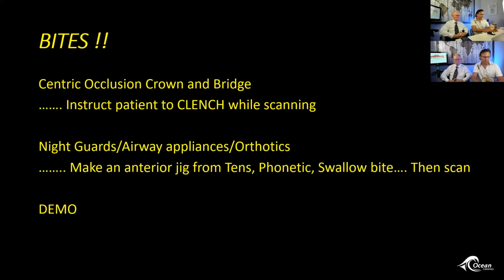So I'm going to hold up a model here to the camera. This happens to be my son's upper and lower, and I took an airway bite on him. So you can see if this was an analog record for mounting, which we did, we injected O-bite from the back to the front, back to the front. But you can see if we were to scan this, the bite registration material would be obstructing the data to do a mounting. So what you want to do is after you take, whether it's a phonetic bite, George Case bite, whatever you're going to do,